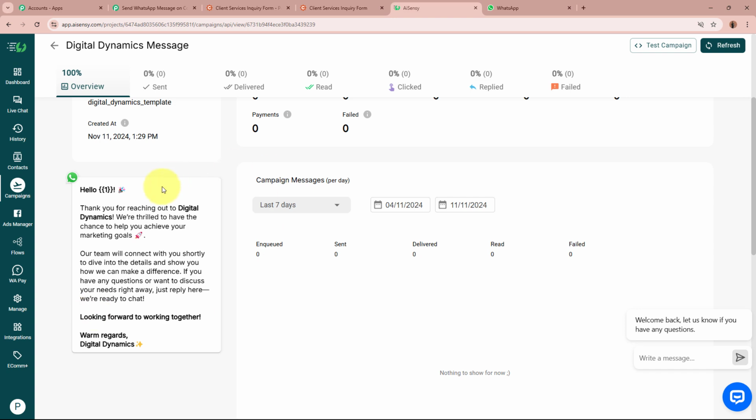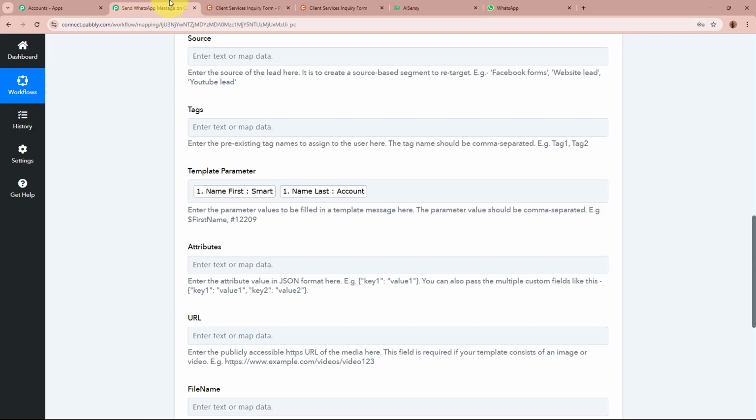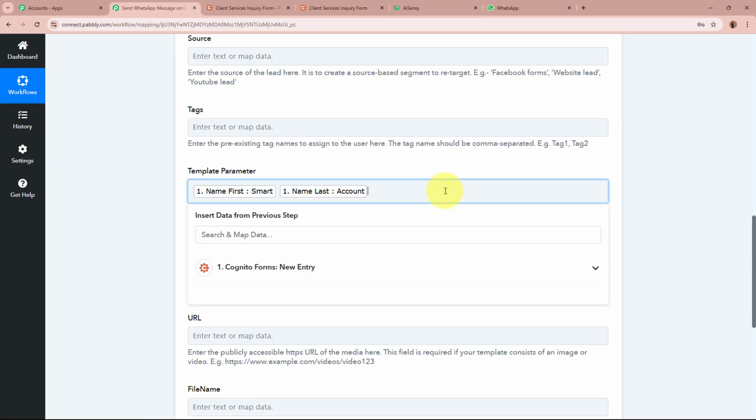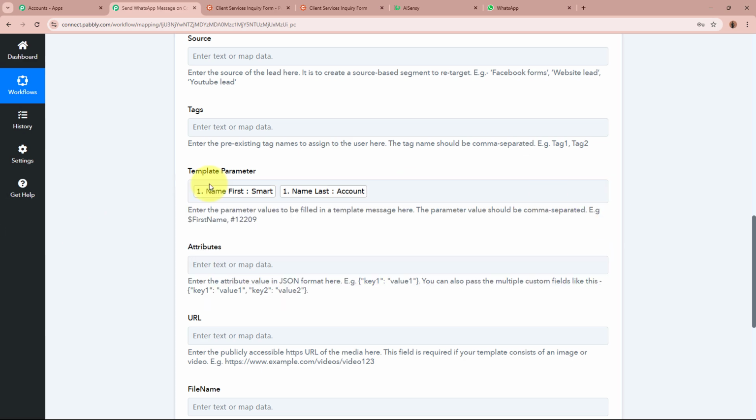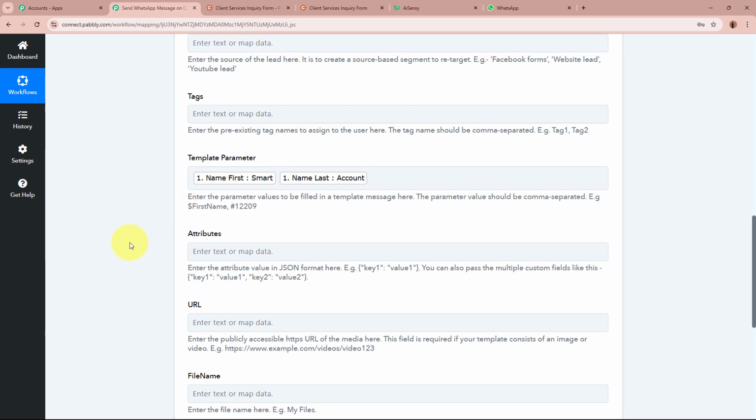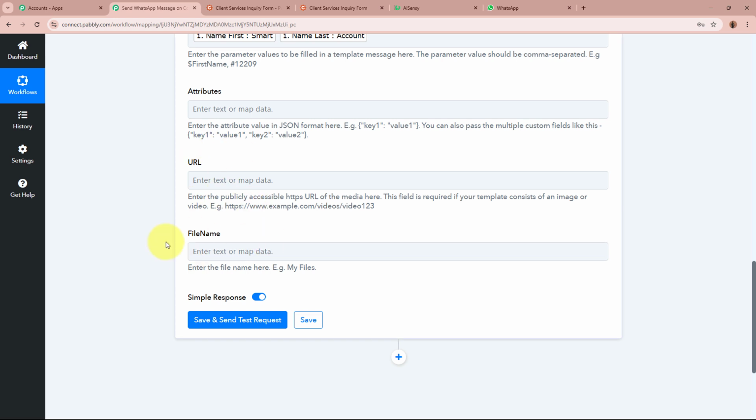If you have created more than one variable in the template and you want to enter the value of it, simply enter a comma next to your first variable value and give a space, then enter the value of the next variable that you want according to your requirement. Okay. After entering the template parameter field data, it is asking for the attributes URL and the file name,